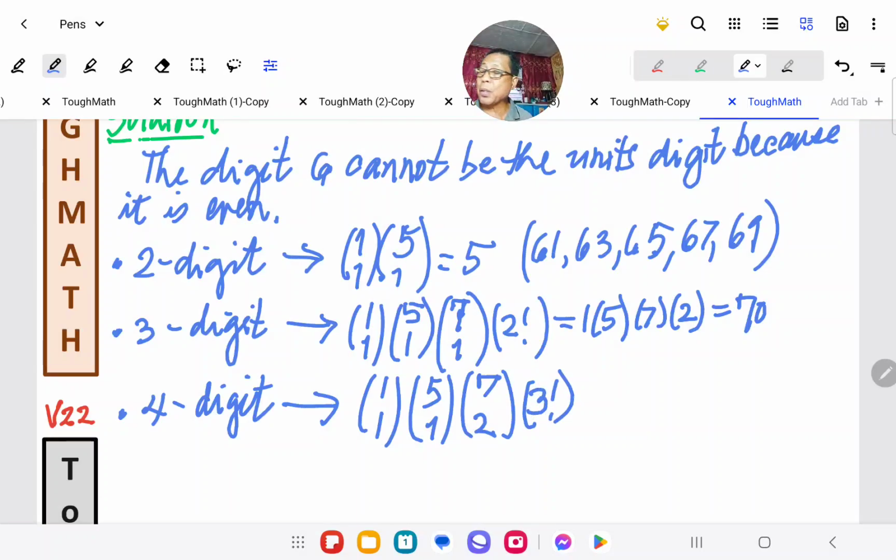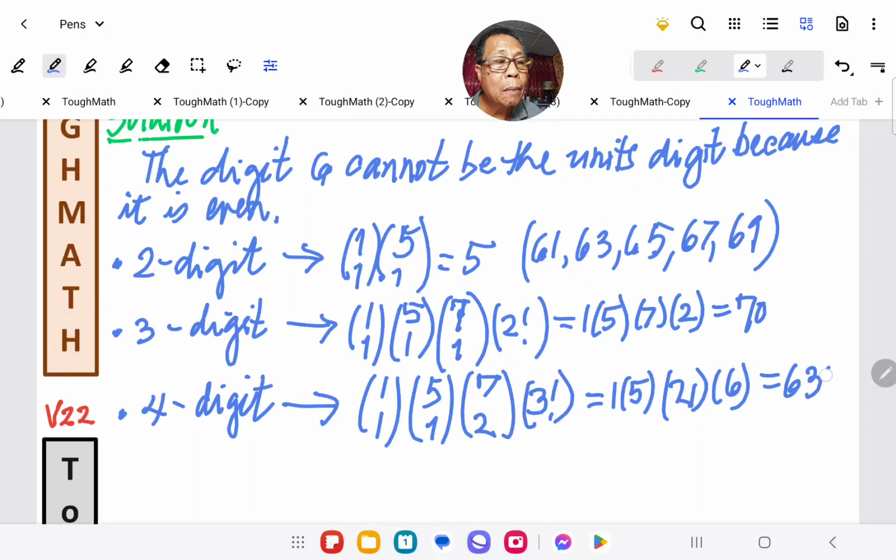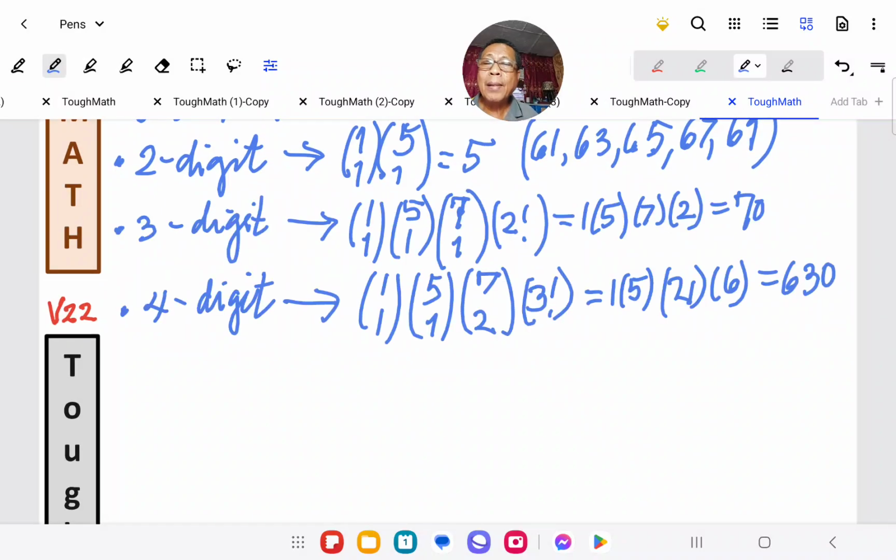Okay, because you can switch these other 3 digits, and so we have 1 times 5 times 21 times 6 equals 630 4-digit numbers